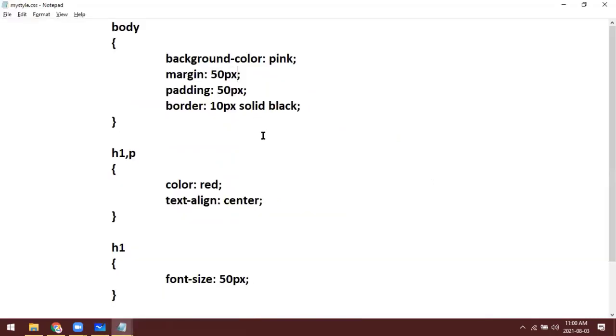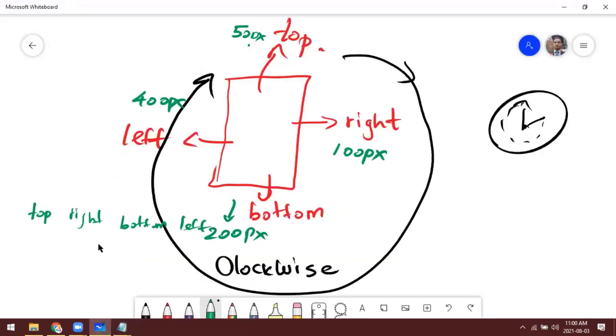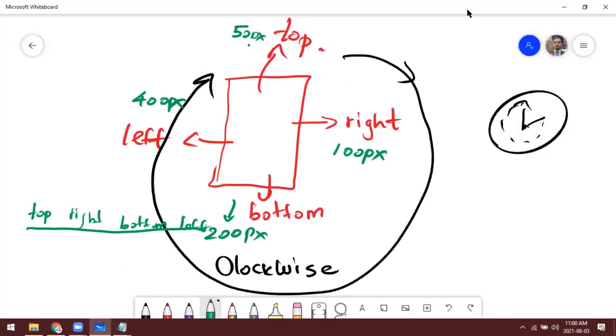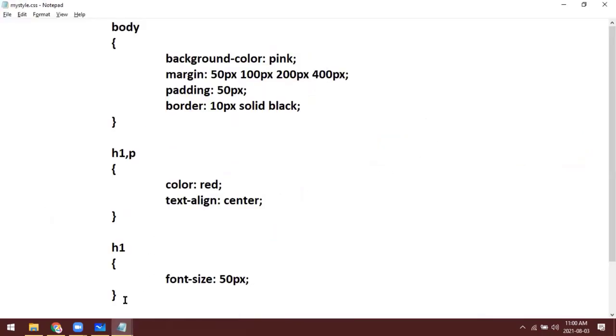So if you want to apply it, so I told you here, starting from top in the clockwise direction, we have to apply that. So 50 pixel, 100 pixel, 200 pixel, and then 400 pixel. Now, as you know, first one refers to top, then right, bottom, left in the clock direction starting from top. So let me save this and let's see the results.